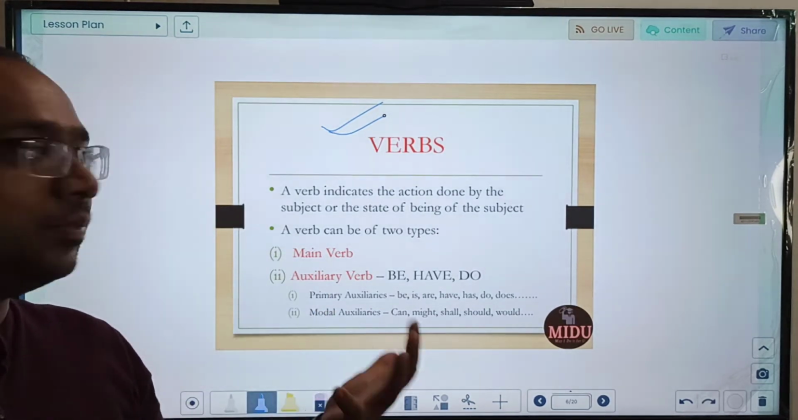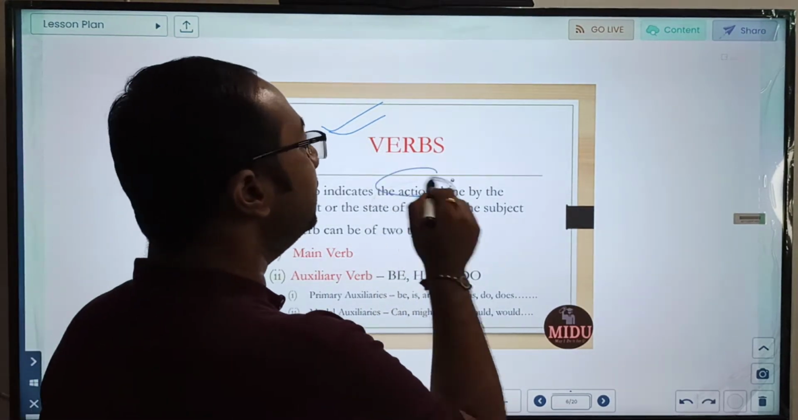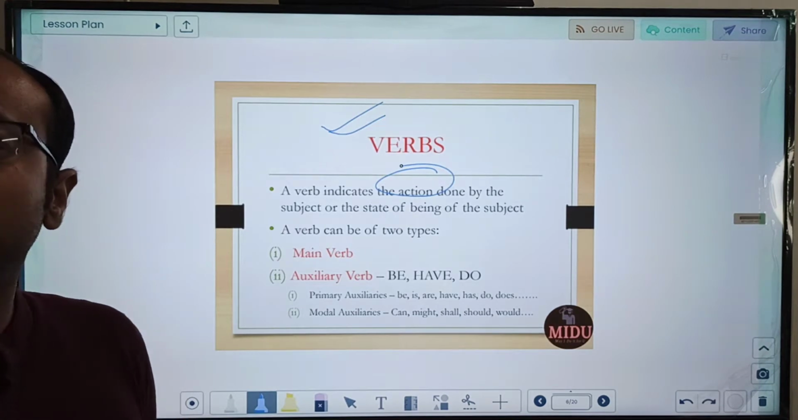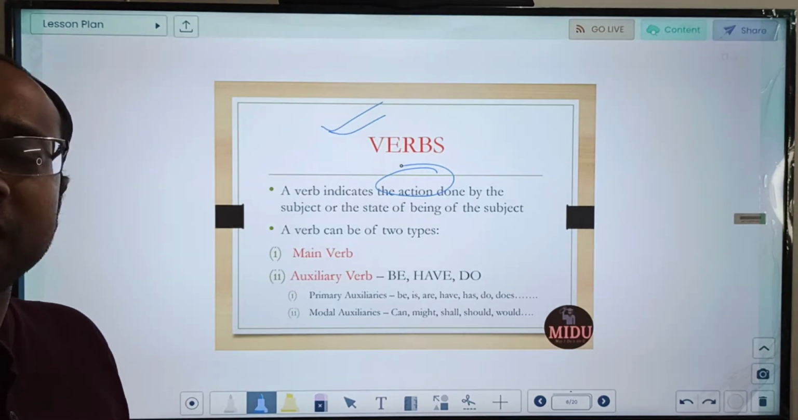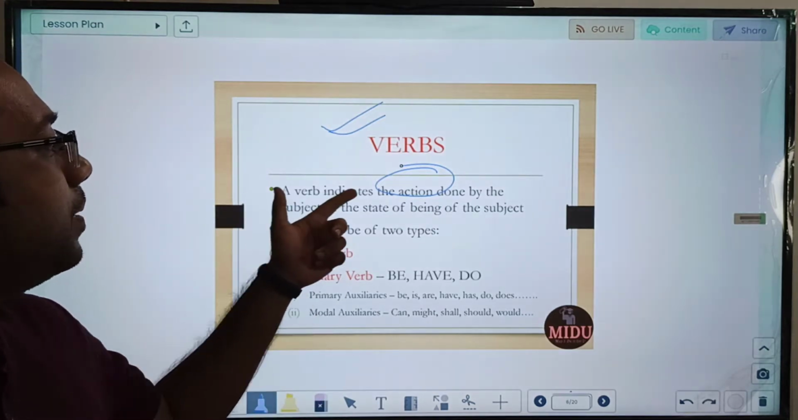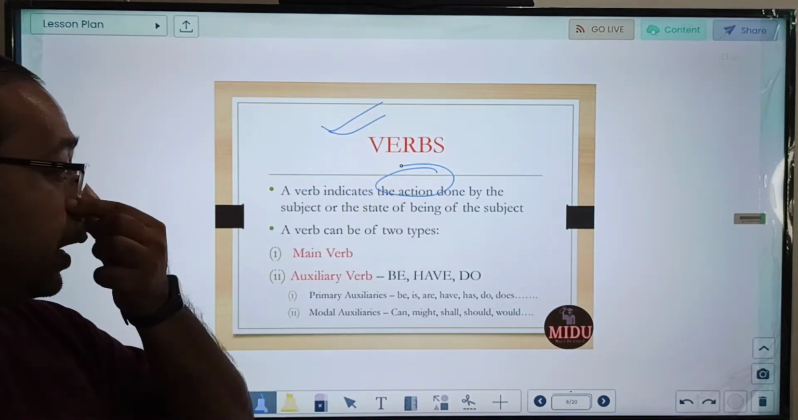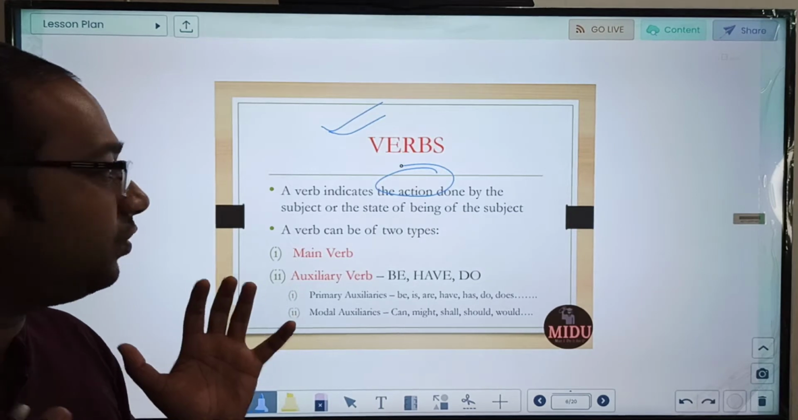So what is a verb? A verb is basically something which denotes action. In Hindi we call it kriya. So what is kriya? A word related to doing some work. वो पढ़ रहा है, he is studying. So something is happening, some action is happening. So a verb indicates the action done by the subject,